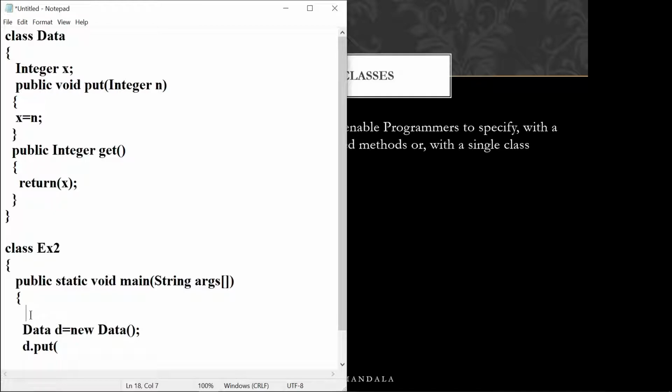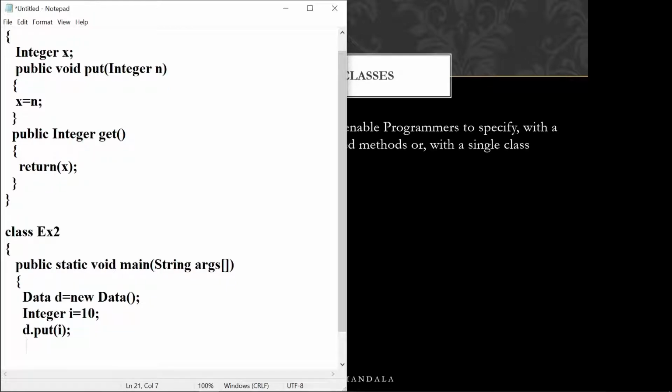I'll create one integer object: Integer i equal to 10. Now I can pass this i value as an argument to the put method. That's it, very simple. Now you can simply call d dot get, and use System.out.println.